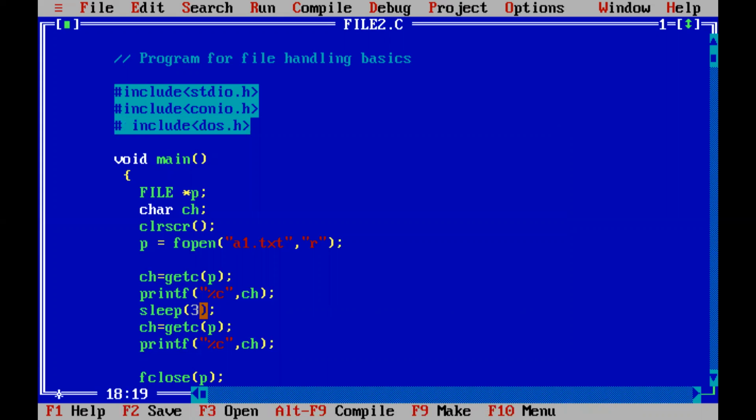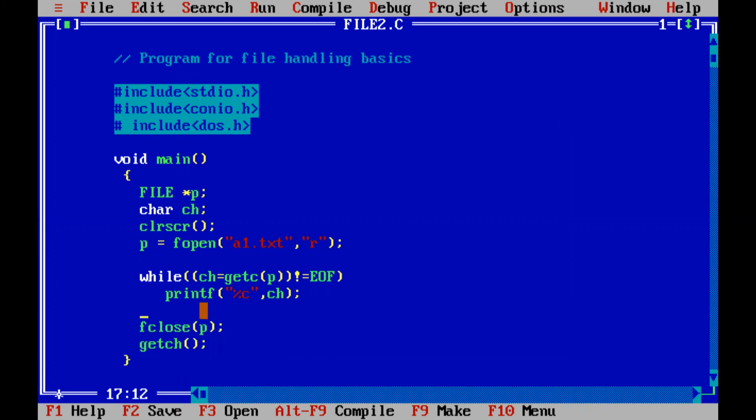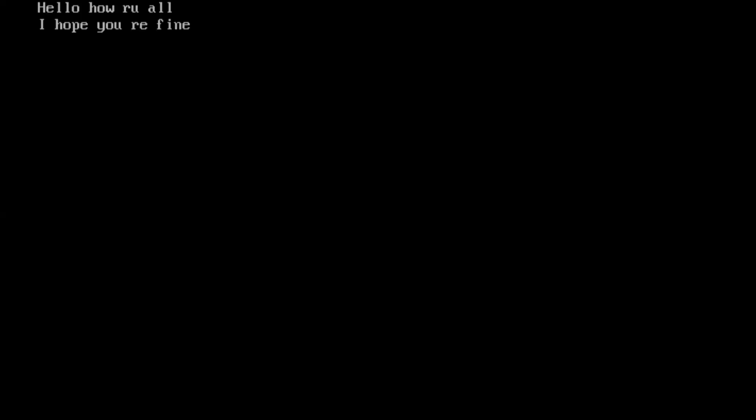Now to read the entire contents of the file, I can put this getc in a loop like this. Maybe it works. Let's check. So you can see it will read the entire contents of the file.